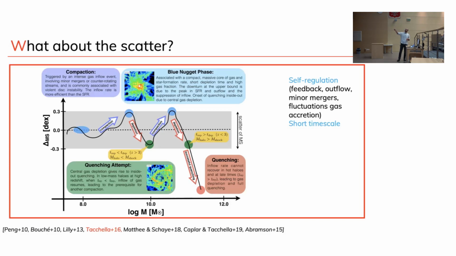At this point, the replenishment of gas is slower than the typical depletion time, so how quickly you're converting into stars. So you start running out of gas and you move down the main sequence. And actually, this can happen several times as long as these conditions are met. So the depletion time gets shorter or longer than the accretion time. If the accretion is shorter, you replenish the galaxy. If you form stars faster, you consume the gas. And you keep going until at some point something happens.